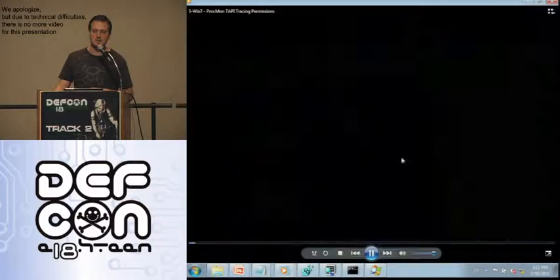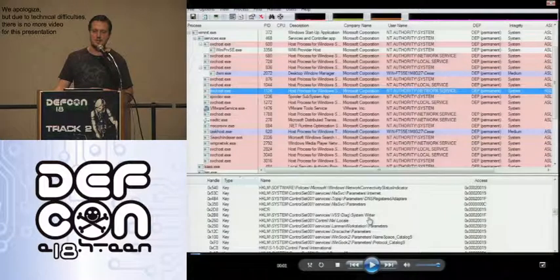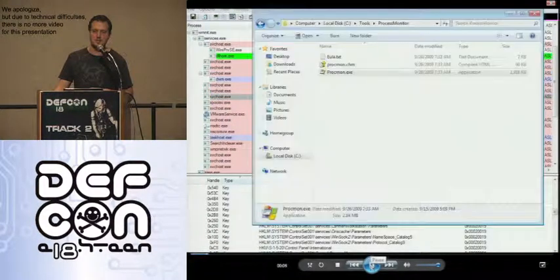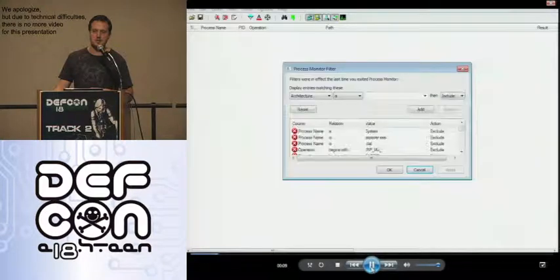So I decided to use another tool called Process Monitor. It allows you to monitor all system activity on the Windows operating system, and it allows you to filter by many options.